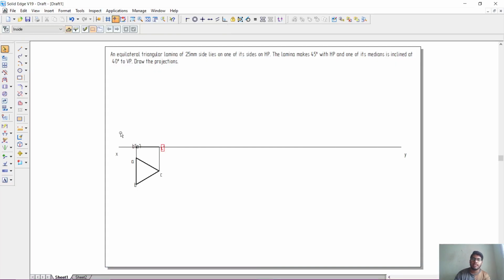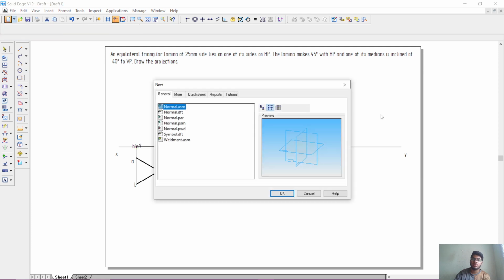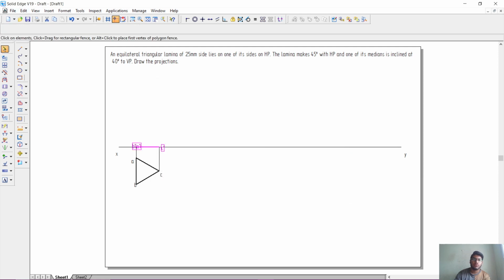Then select this entire front view and go to the move option and move this front view, and go to the rotate option and select this point and the C dash point and give the rotation angle as 45 degrees, and go to smart dimension and measure this one